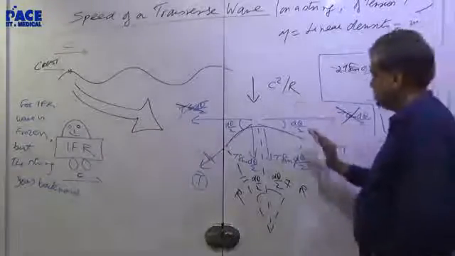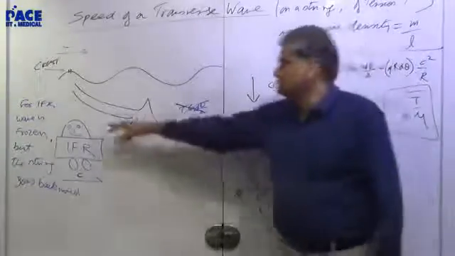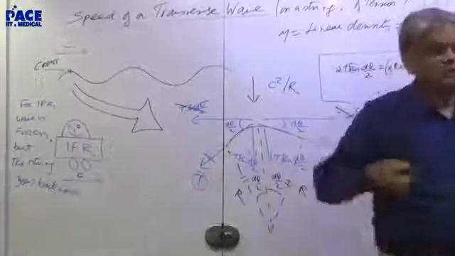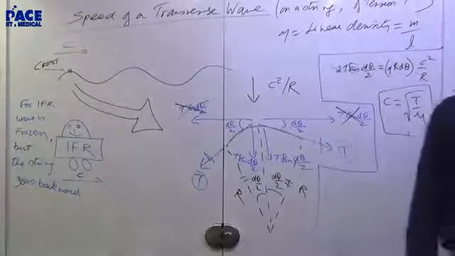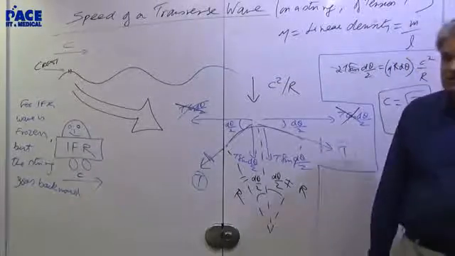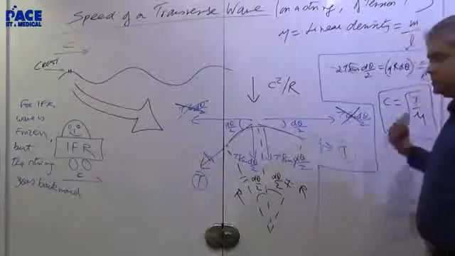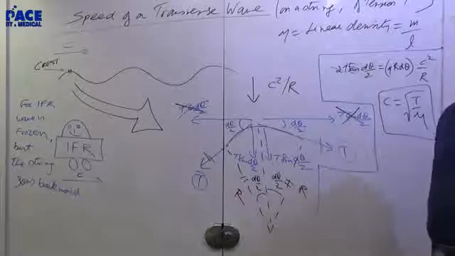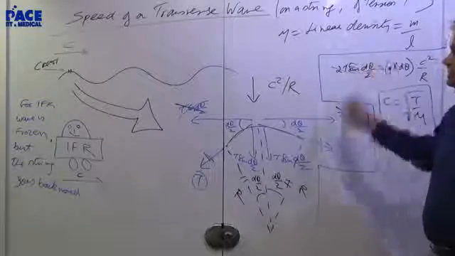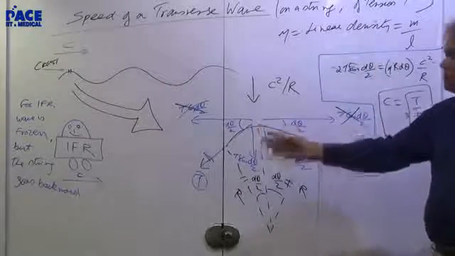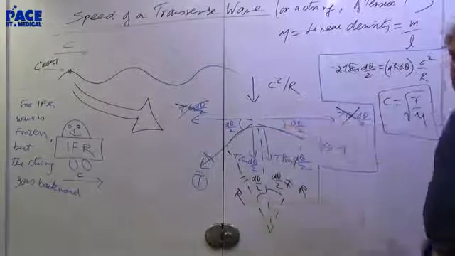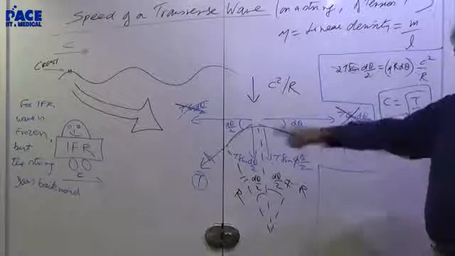Centripetal acceleration comes because the string will appear to go backwards for this person. You cannot do this. The person sees it going backwards, so therefore he is applying the physics as he sees it. But the answers will be the same for both you and the person. Final results can't differ. Here what you have actually found is the person's speed. But the person's speed happens to be the wave speed. Or you have found the string speed, but the string speed is the same as the wave speed.